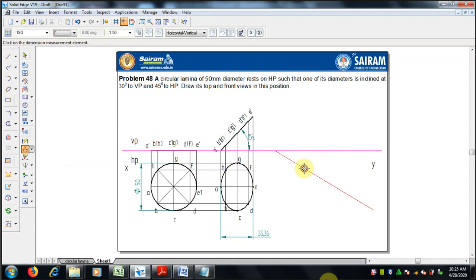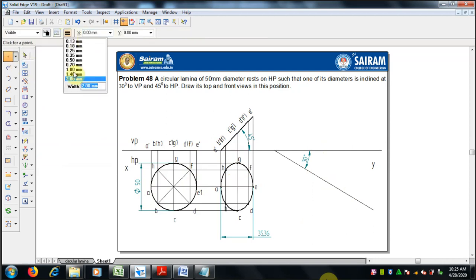Inclination angle, what is given is 30 degree to VP. So first we have drawn that, and we have to move the AE so it is aligned here, and for that AE1 we have to take the dimension 50 mm from the first initial position.